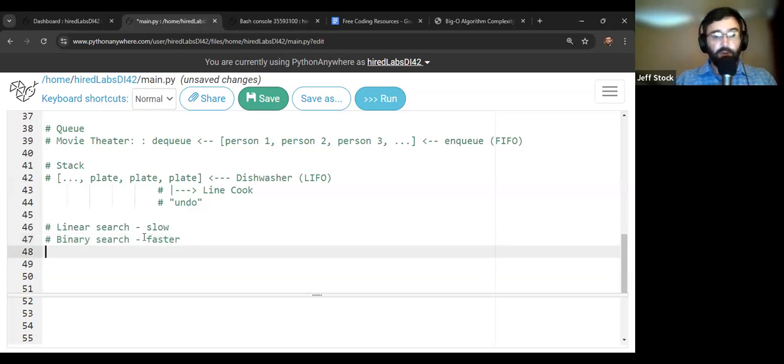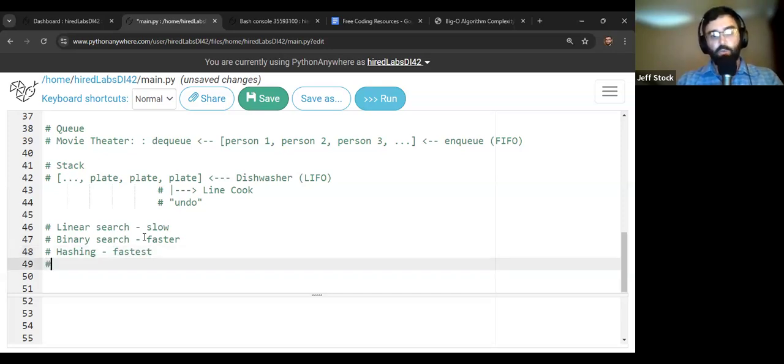And then the last one that's worth knowing, we've kind of mentioned it already, is hashing, which is the fastest way to search. That is using dictionaries, hash tables, things that we've talked about before, relying on key value pairs, right? So the ability to look something up quickly by its key. Think of that as the way that we look things up now by definition. If you look up the definition of a word, if you're anything like me, you just go to Google and look for the definition of the word, right?